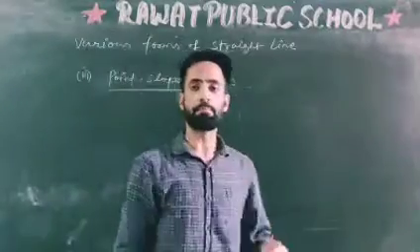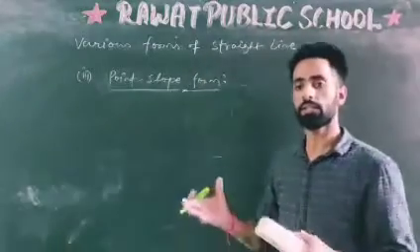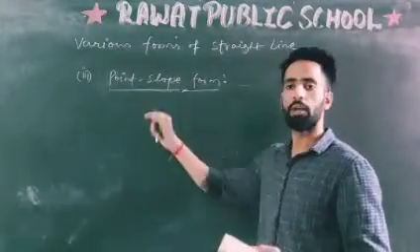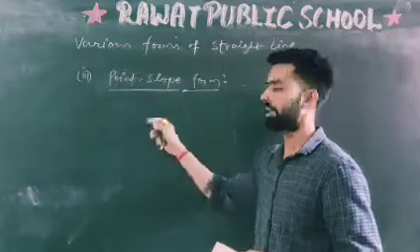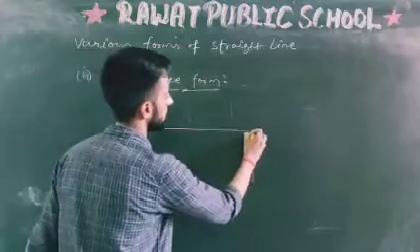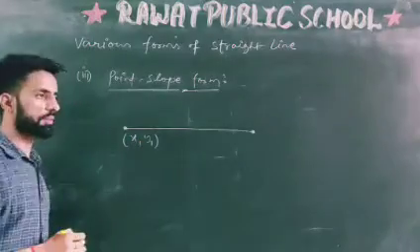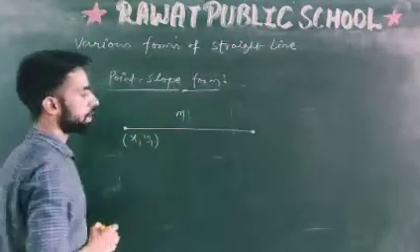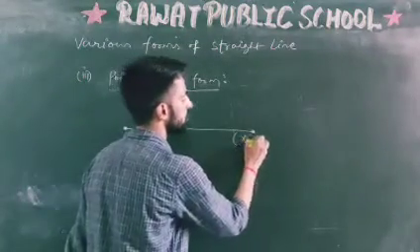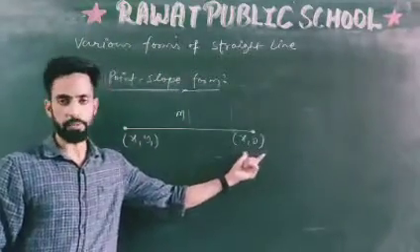Now let's understand the point slope form. As the name itself suggests, to find this form of equation we need one point, that means a passing point, and one slope. Say this is my line, which is passing through one point (x1, y1), and some slope m is given to us. I can take another arbitrary point, which is responsible for the existence of the equation. The point is (x, y), an arbitrary point.